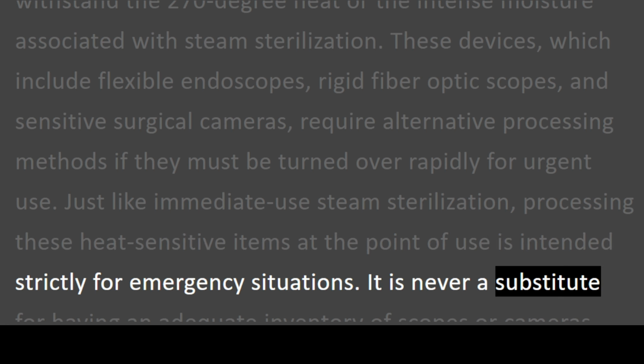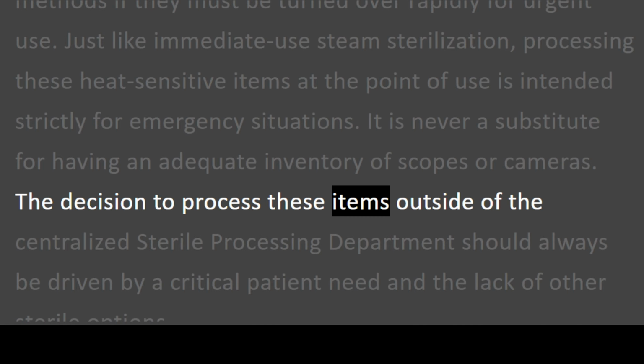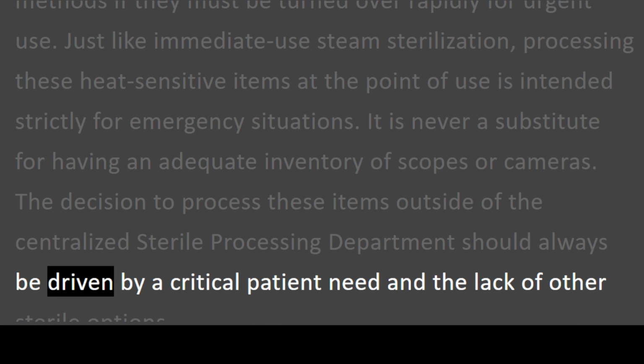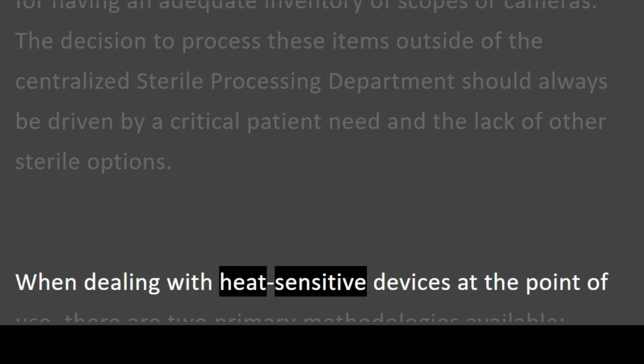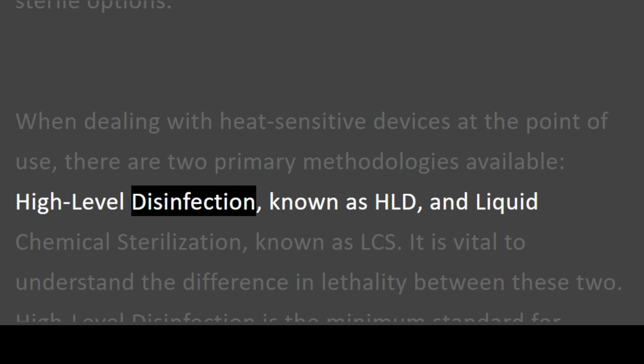It is never a substitute for having an adequate inventory of scopes or cameras. The decision to process these items outside of the centralized sterile processing department should always be driven by a critical patient need and the lack of other sterile options. When dealing with heat-sensitive devices at the point of use, there are two primary methodologies available: high-level disinfection, known as